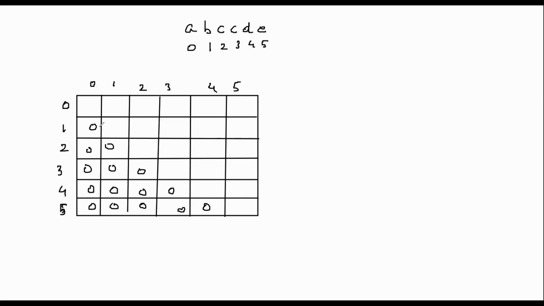So since we have pre-filled this, now if the size of the string is 1, we do not actually need any insertion because that is actually a palindrome. A string of size 1, which is a, is a palindrome, right? So I guess we can pre-fill some more contents. If a string is starting from 0 and ending at 0, which means one element, this means no insertions. So this is also 0. The string starting at 1 and ending at 1 is also 0. 0, 0, 0, and 0.